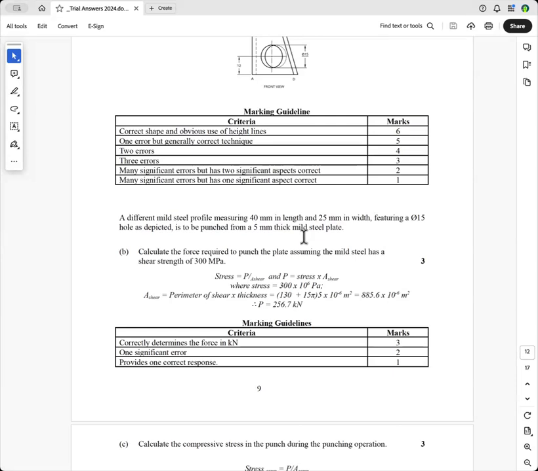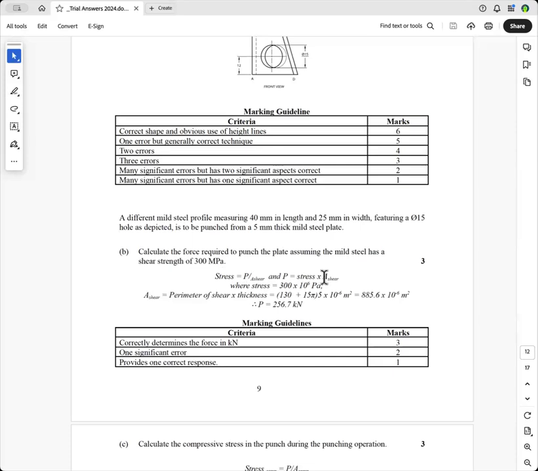The hole is cut, is sheared, while the outside of the plate is being cut. So you've got to calculate the force required to punch the plate, assuming the mild steel has a shear strength of 300 megapascals. So the stress is equal to load over the area of shear,